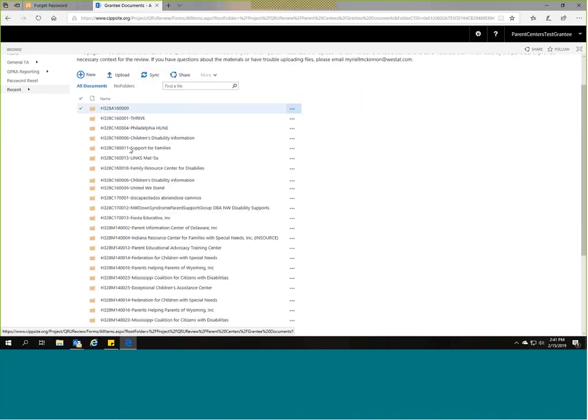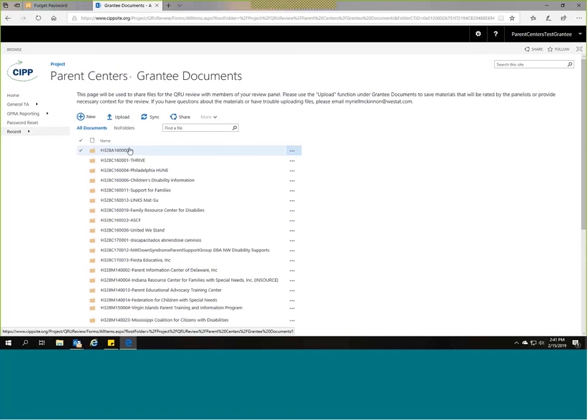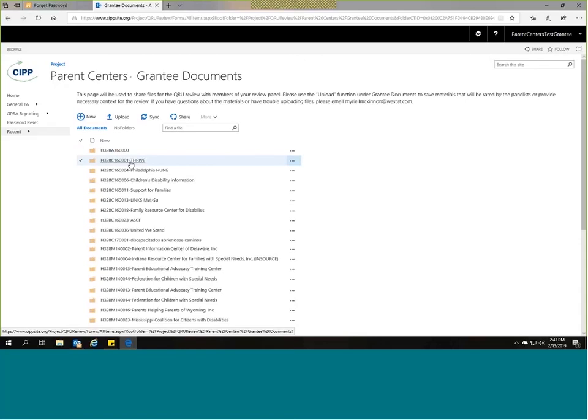And as you can see here, there's a folder for each project. So we want you just to access the folder for your project. Now, be mindful that other grantees cannot see your scores. As a matter of fact, no grantee can see any scores, and the folders will be locked after our data collection ends. But at this time, we want you to just access your folder, so you can navigate your folder